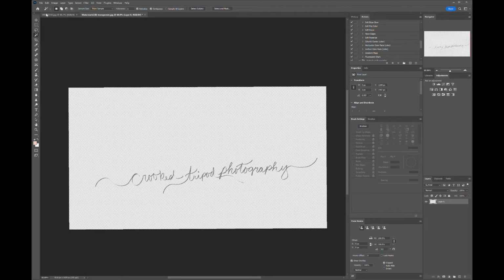You would save this. You would go here and you would save file, save a copy, and you're going to save this to the Creative Cloud. If you don't save it to the Creative Cloud, it's going to take away from the transparency of the background. So you want to save it to the Creative Cloud so that it saves as a transparent background,